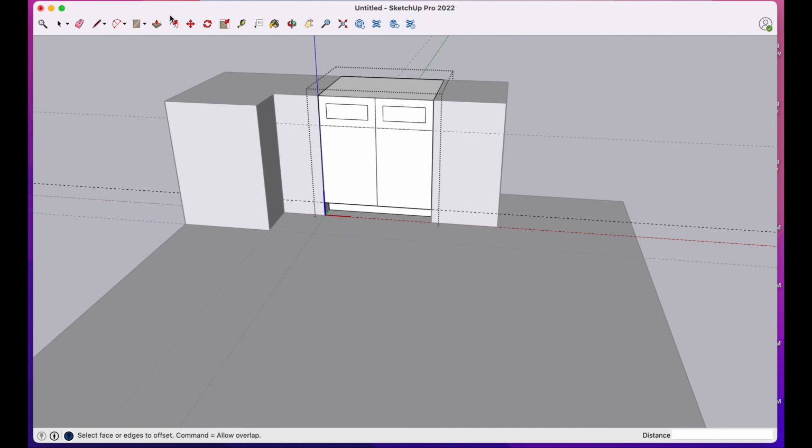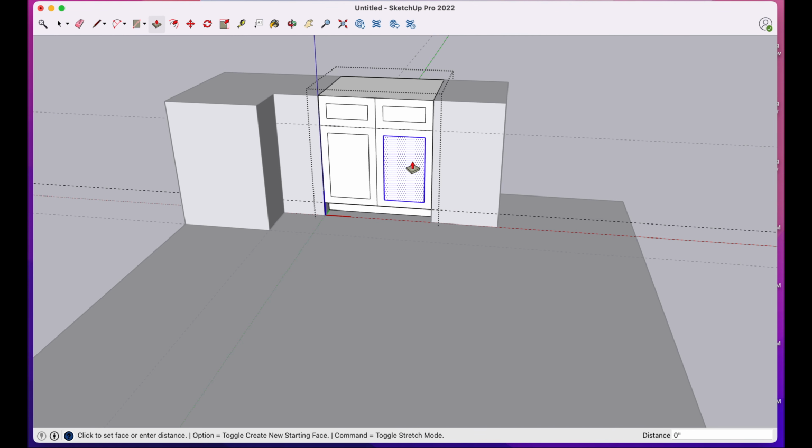Offset mode. I'm using the hotkeys, and I always hate to mention hotkeys. I'm on a Mac, and they're different on a PC, but it's the offset here. And again, pull in. Doesn't really matter how far you go. Then just hit 2 and enter. And likewise here. Okay. And now you have what appears to look much more like a cabinet, and you could